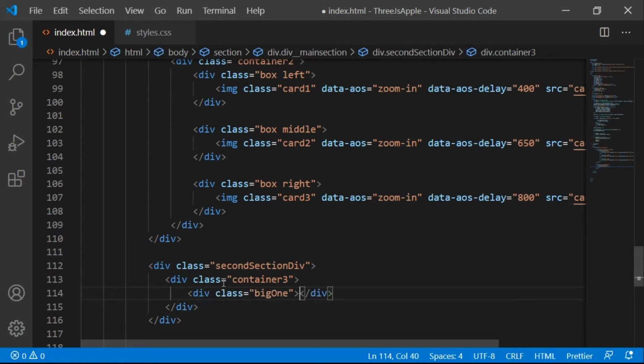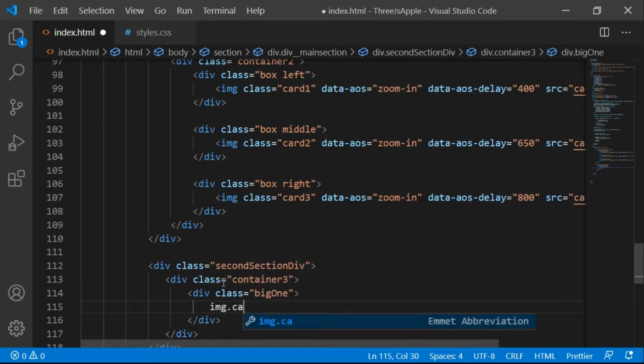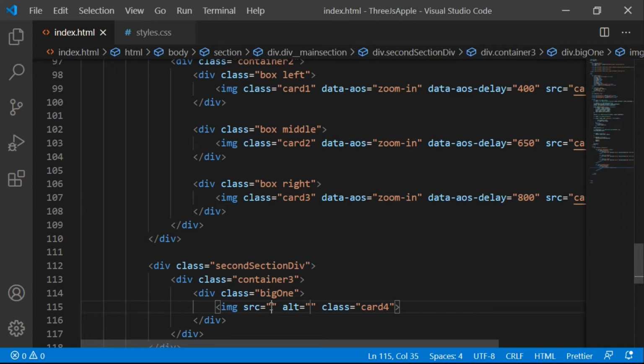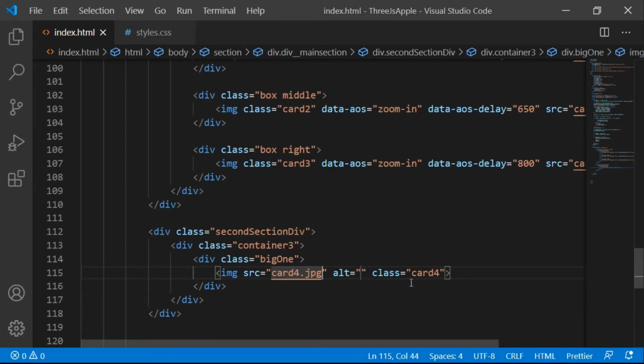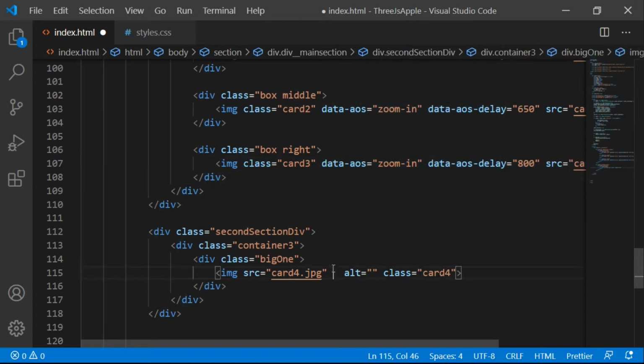And big1 is something we talked about, as it will be the biggest card, and inside that we're going to have an image tag, which will extract a single image, card4.jpg, I think. Okay, it's jpg, and the class is card4. Perfect, I think. Yes, and we'll copy this data-aos and this delay thing.